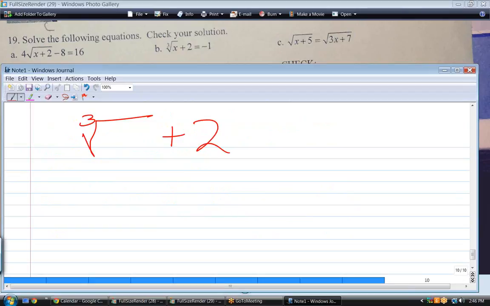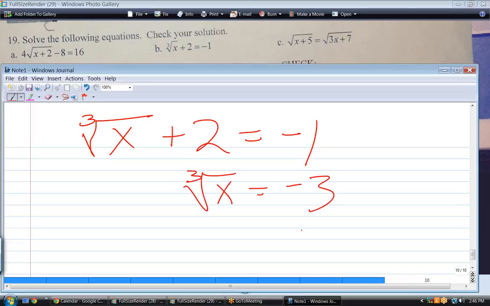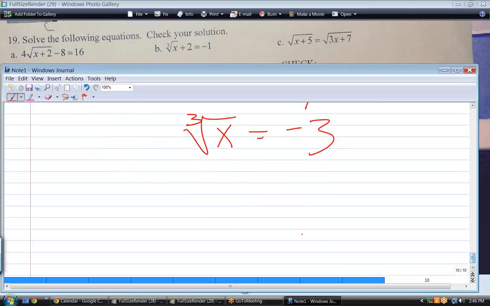Cube root problems are exactly the same. We're going to isolate that, and then we're going to cube both sides instead of squaring both sides. In other words, our goal is to isolate that and then get rid of the radical sign. So, first step? You could minus 2, which would be cube root x equals minus 3. Good. Then you'd cube both sides. Okay, next line. You'd have